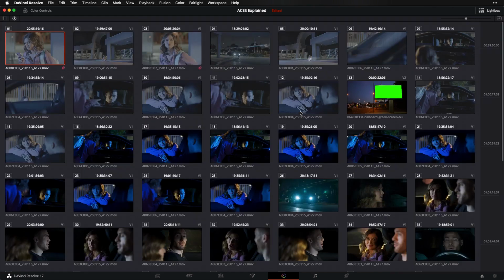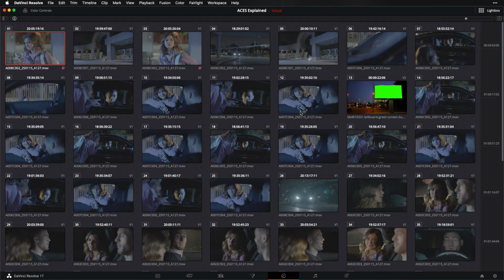If you guys remember from part 1, all of the shots in this timeline are Arri Alexa, except for one. This shot right here, shot number 13. So to set up our input transforms in the way I'm describing, where they are at hand but out of the way, we're going to take advantage of Resolve's group function to do this. Now, there are a number of different ways to use Resolve's group function and a number of different reasons why you might want to, but today we're going to use it to organize things by input color space.